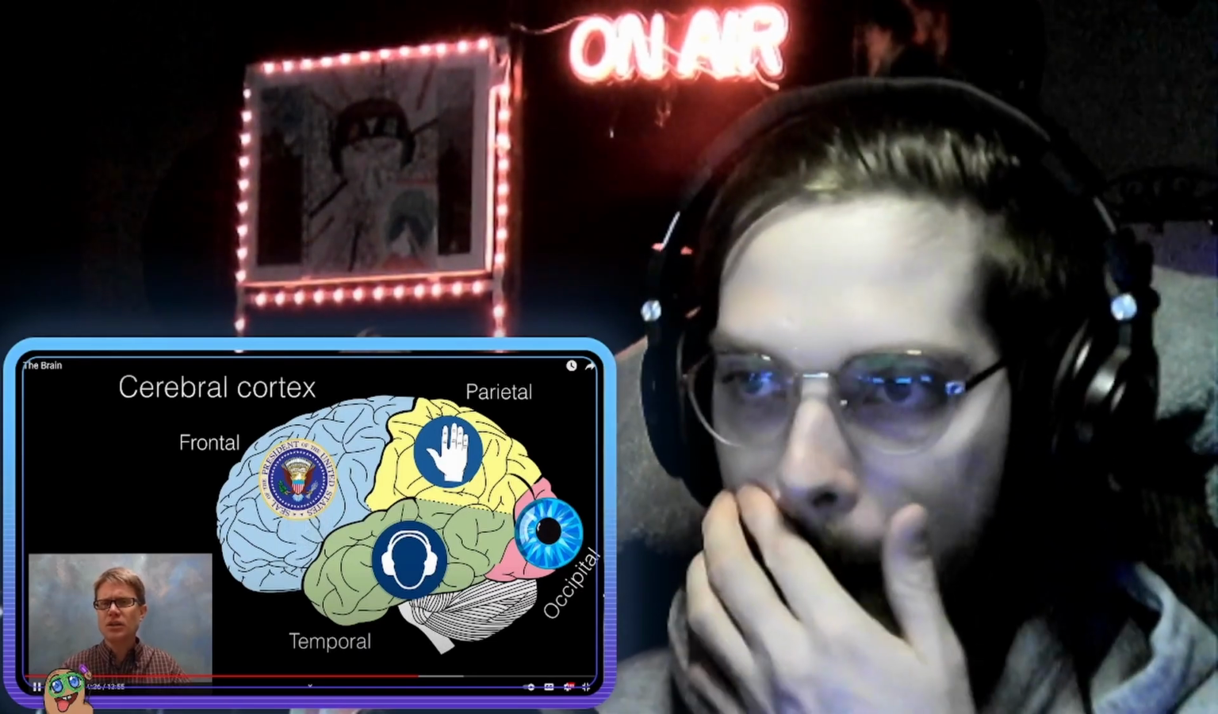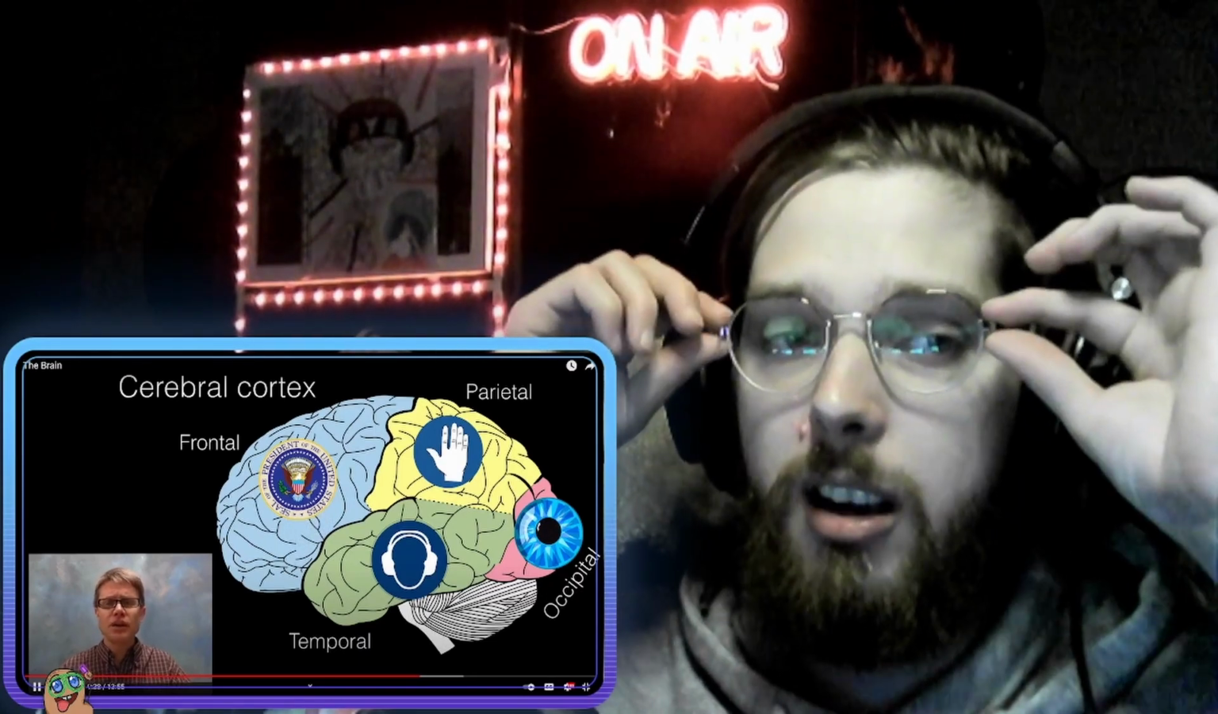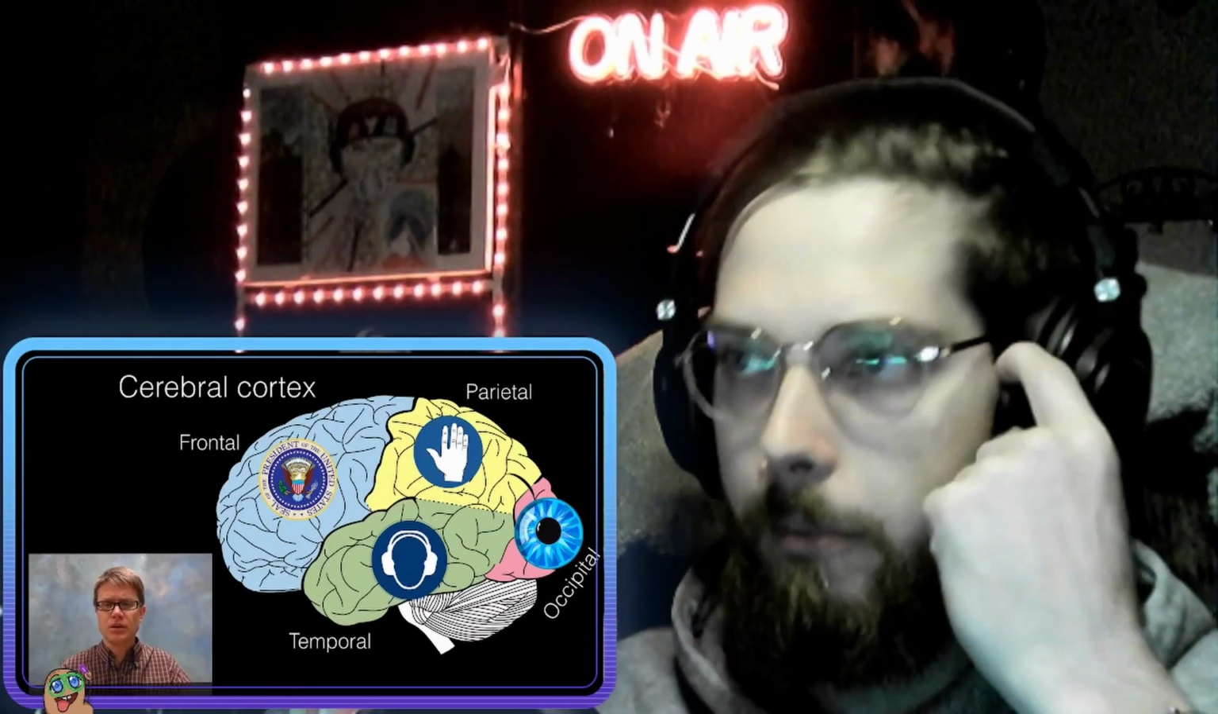So each of these lobes have these different functions that really are strongly associated with it. Now, if we were to go inside the parietal zone, we find a really